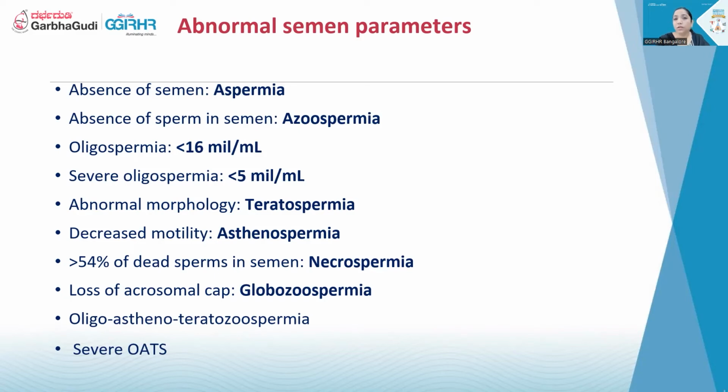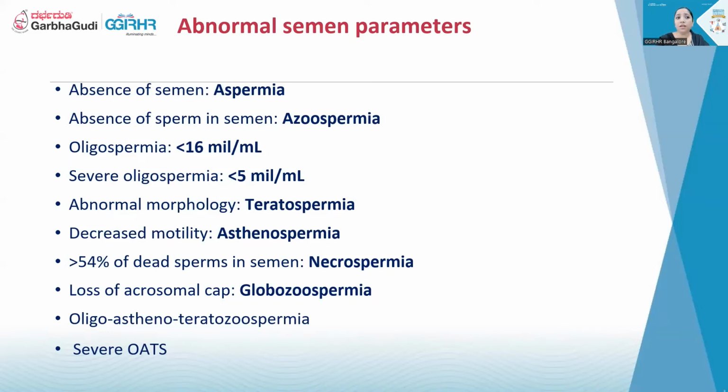So globozoospermia. Instead of oval shape, you're seeing the majority of them in a round shape with the absence of acrosomal region. That is termed as globozoospermia. Then you have oligo-asthenoteratospermia. So that is a combination of low count, low motility, and also high abnormal forms. So a combination of all three parameters being below the standard that has been set by the WHO manual, you can term it as